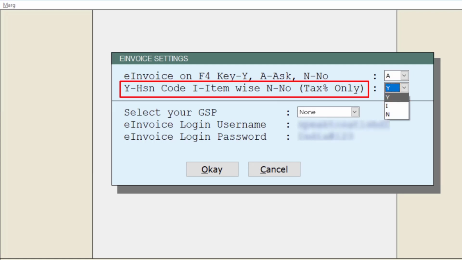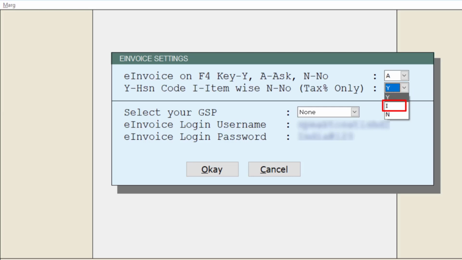Then there is Y for HSN code, I for item wise and N for no. This means that if you need to upload the invoice or invoices HSN wise on the portal, then you will set this field to Y. And if you need to upload your invoice or invoices item wise, then you will set this field to I.